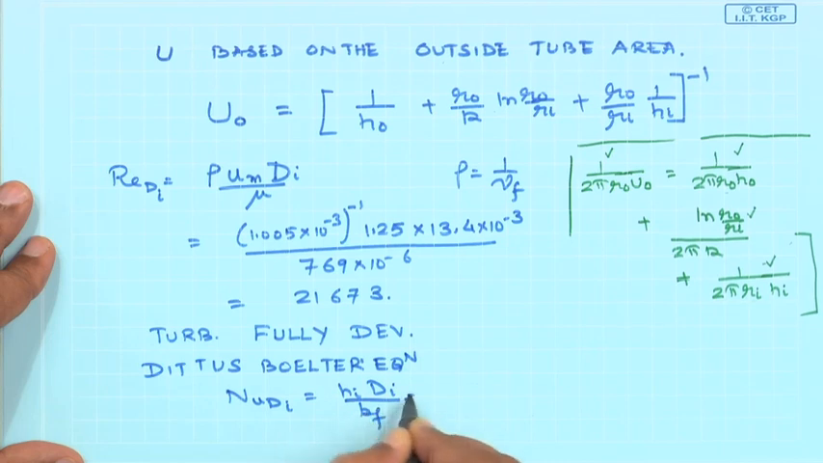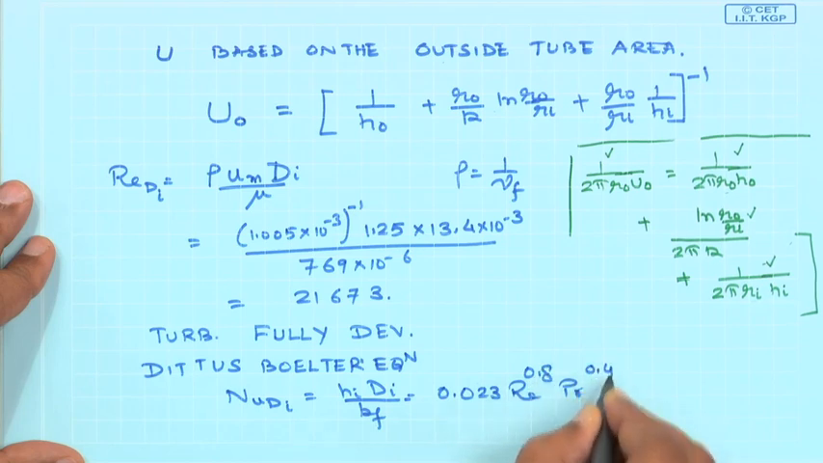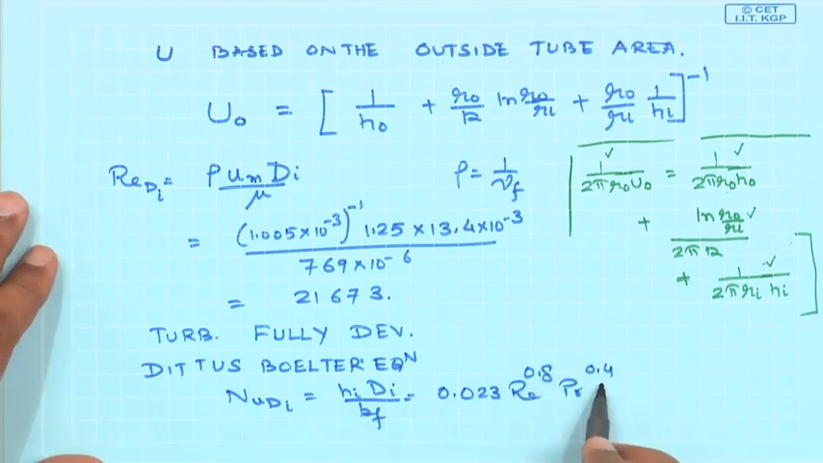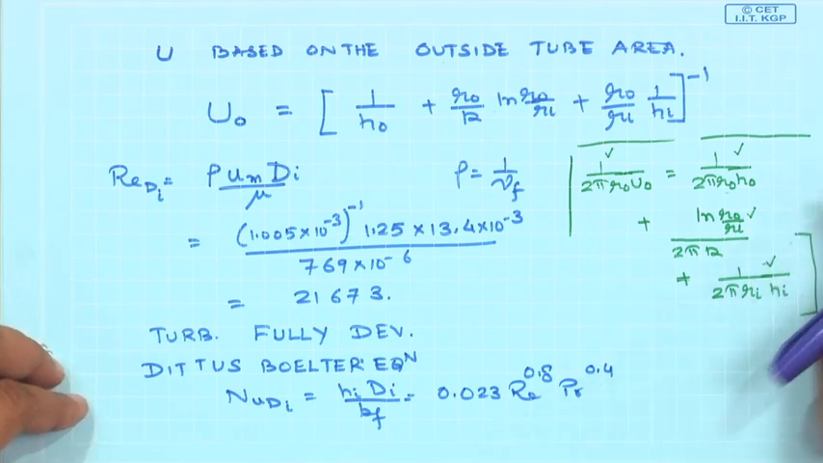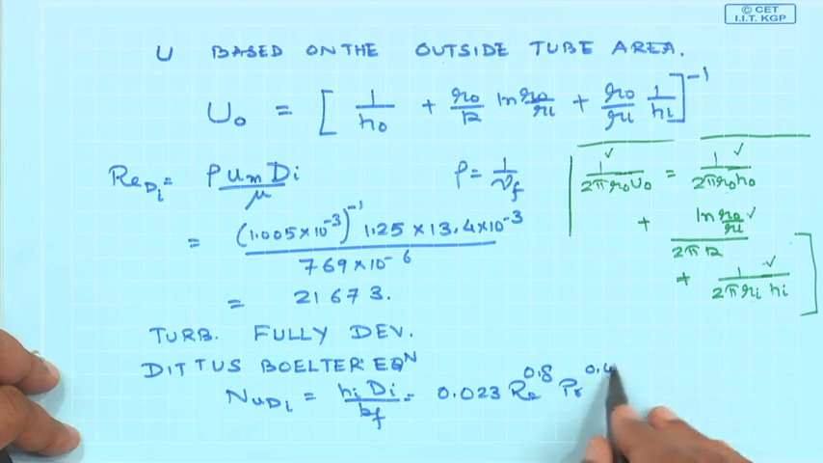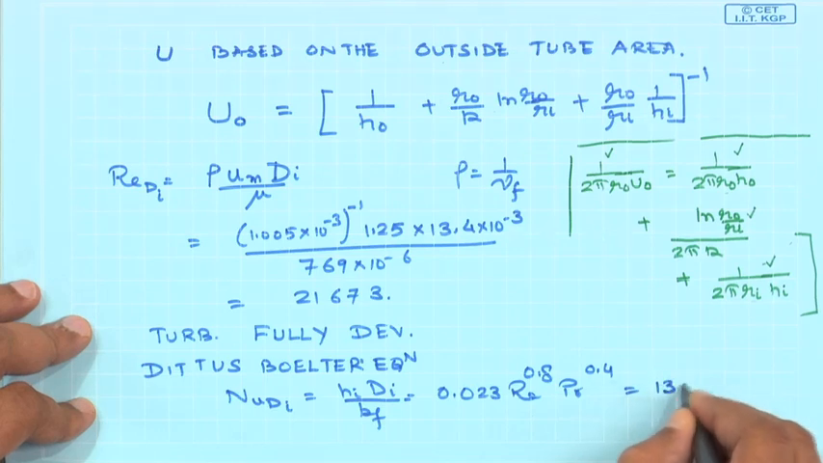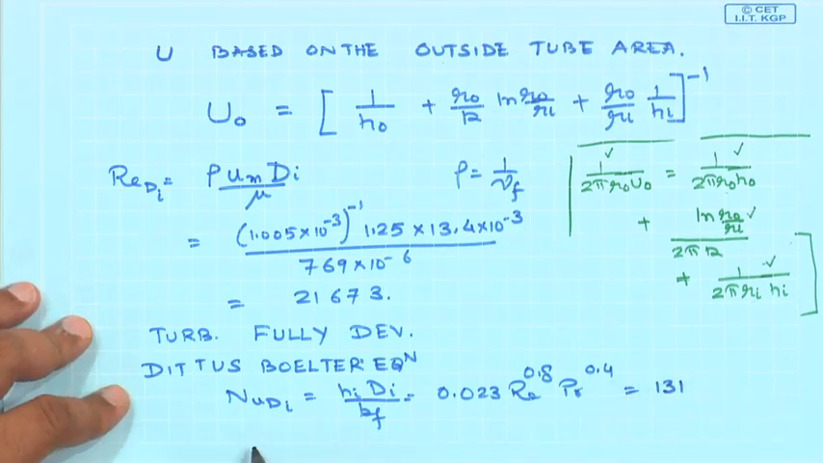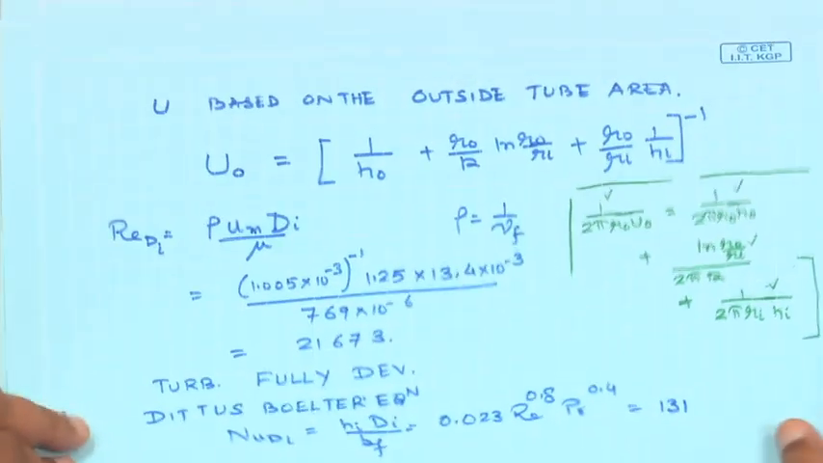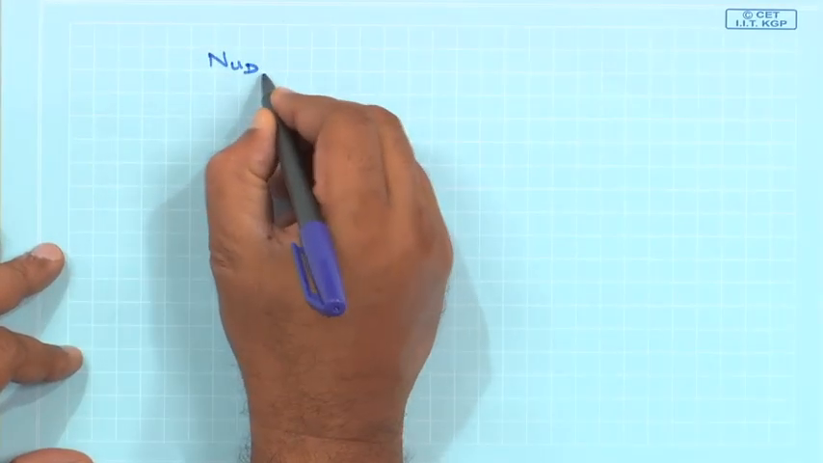which would be equal to 0.023, Reynolds number to the power 0.8, Prandtl number to the power 0.4, because this is where the outside wall, the tube wall, is the hot one, and the cold fluid is flowing through the tube. So, that is why the exponent will be equal to 0.4, and when you plug in all these values, this would be equal to 131,